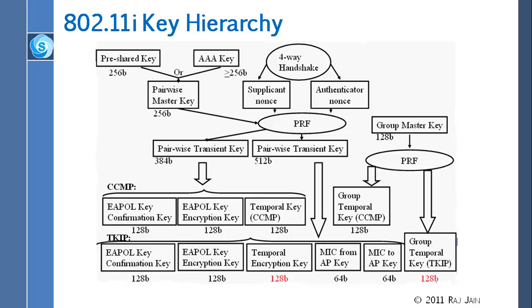Then there is also something called the group master key, which is set by the manager. So what is the group, first of all? There are some broadcast messages in the network which have to be encrypted, and everybody has to be able to listen to them. So there is a key for that, which is actually a shared key. All stations on the network basically share that key. So that is the group master key. That is run through the pseudo-random function to produce a group temporal key. So this is the key to be used right now for WPA2, and this is the key to be used for WPA. So either way,